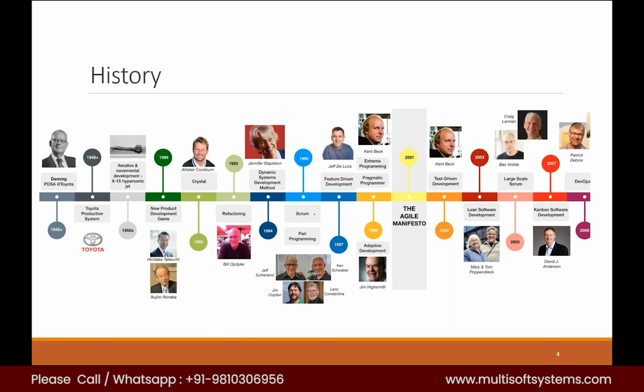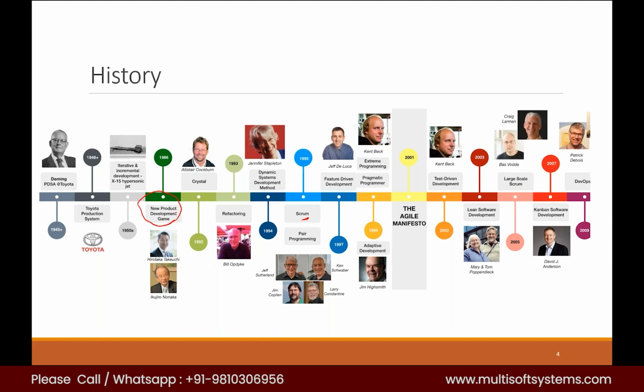And if you see, around 1995 it is showing Scrum. The exact year was 1993, when Scrum was first introduced by these two people, Jeff Sutherland and Ken Schwaber. Scrum was inspired by the New Product Development Game. These are the Japanese people who presented a kind of way of working, and Jeff Sutherland and Ken Schwaber refined it more. They came up with a term called Scrum in 1993. Even after that, a lot of people introduced a lot of other things.